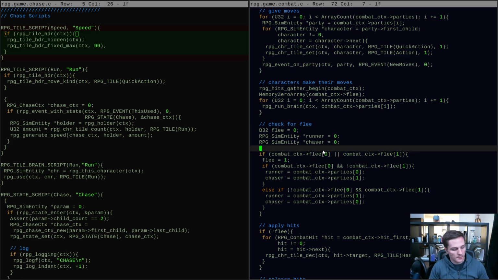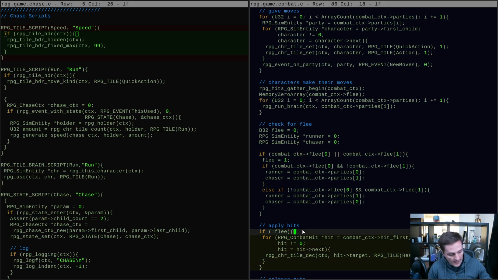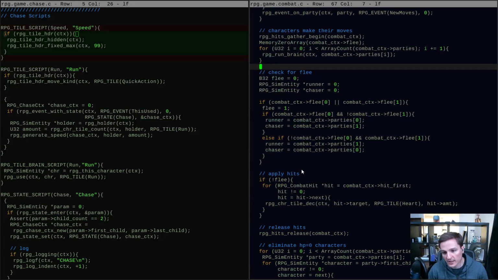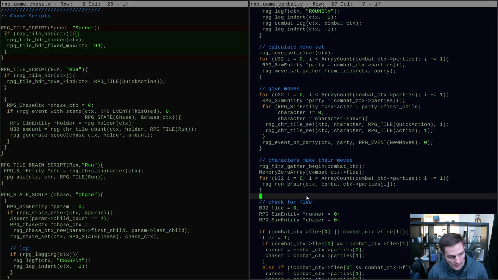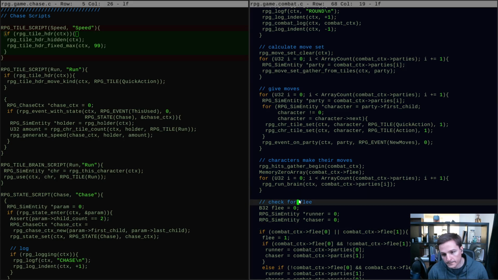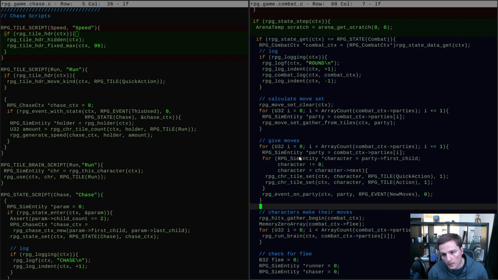But in this game, moves are made simultaneously, so all the characters are picking their move, which means one character in your party you can say flee with, and another character in your party you might say something else. And only those things that are actually going to affect the fleeing are going to apply, because we're not going to apply hits, and so attack style moves aren't going to work. They're just going to get ignored. But then weirdly, moves that you choose that are instantaneous will still apply. And that might be what we want, but I'm a little bit